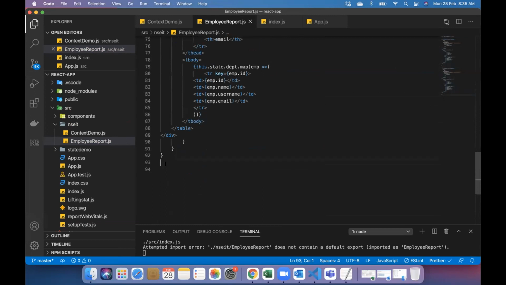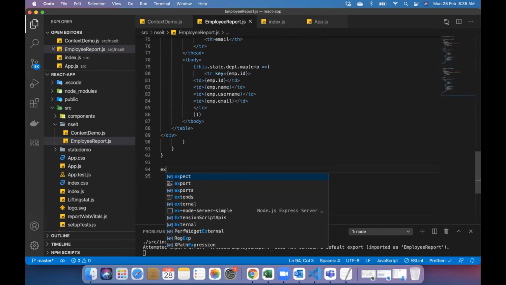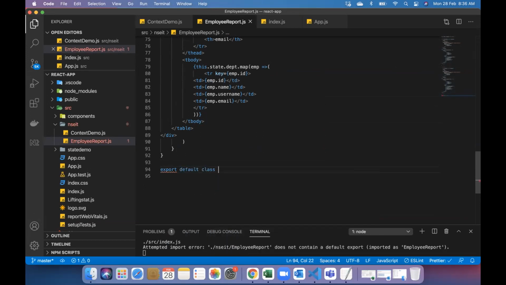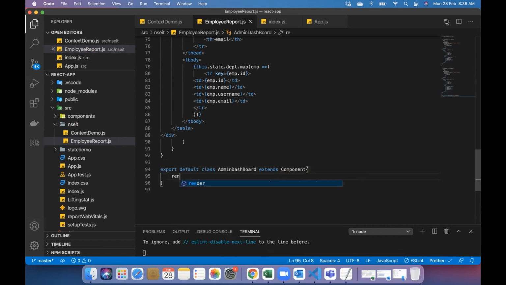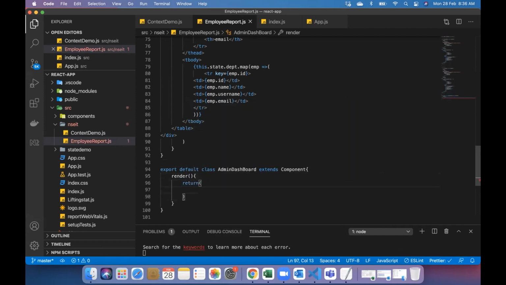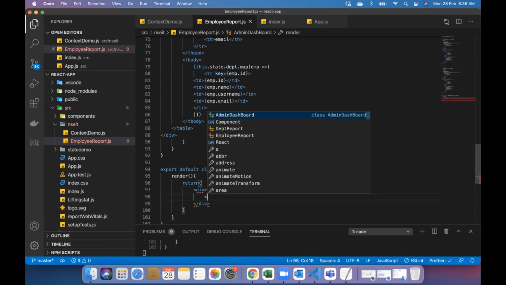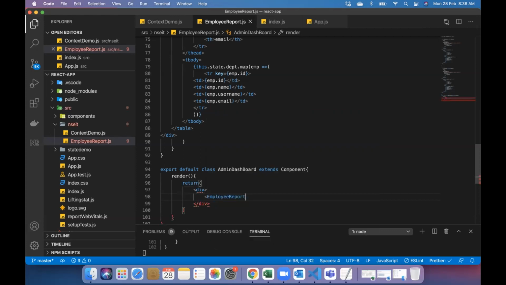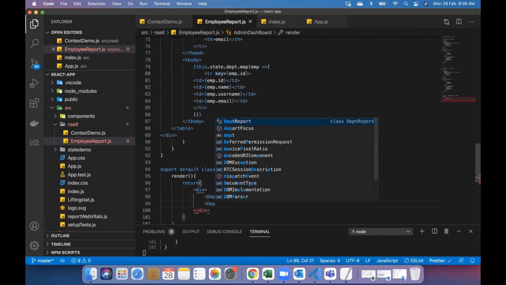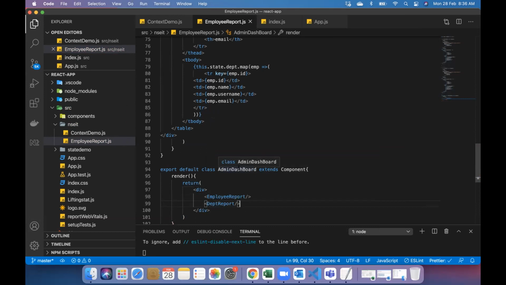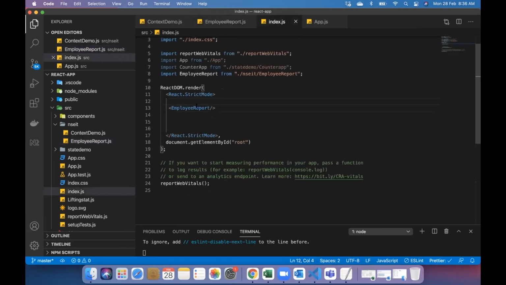We can create one more class here. Okay, so here what we can do, we have a component called admin dashboard. So here, using what,